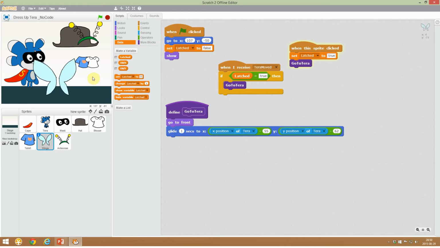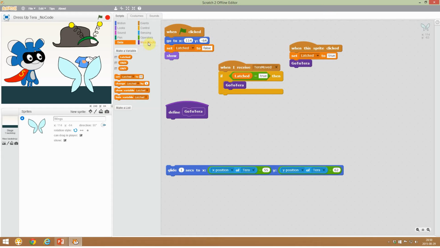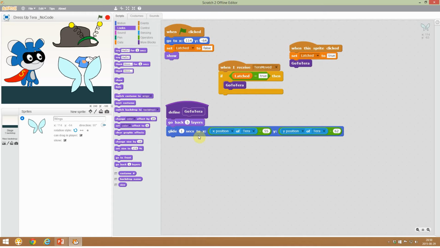Okay, wings are gonna, whoops, let's move our wings back, stop the program. Wings initial position is minus 114, or 114 and minus 64. 114, minus 64. And instead of going to the front, we are going to go back 5 layers to make sure that Tera has her wings on her back and not on her front. Okay, so if we run the program now,